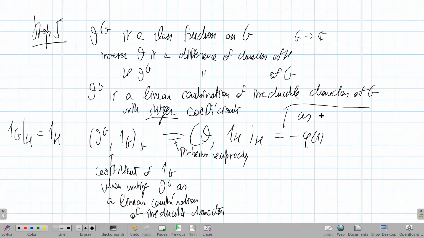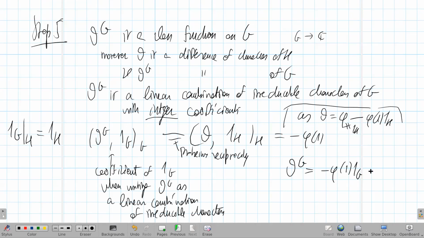And the explanation is repeated here, because theta is nothing else but phi different from 1_H minus phi(1) times 1_H. So when you take this inner product, this selects these coefficients of 1_H here, okay? And so this is important. 1_G appears minus phi(1) times in the decomposition when writing theta^G as a linear combination of irreducible characters. So this means that theta^G will be minus phi(1) 1_G, okay, this coefficient we found here,